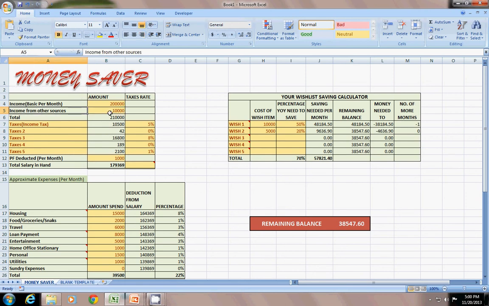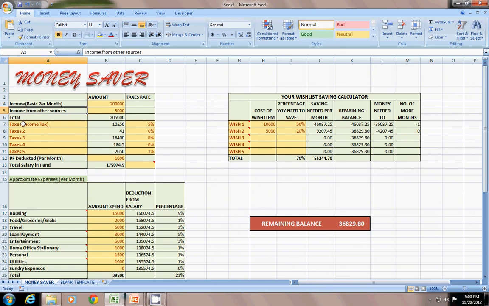Then income from other sources, I am writing as 5,000. That's it. Do remember, only write in the yellow cells. The rest are all encoded with formulas, so there is no need to write there. Only the yellow ones which are marked can be written.